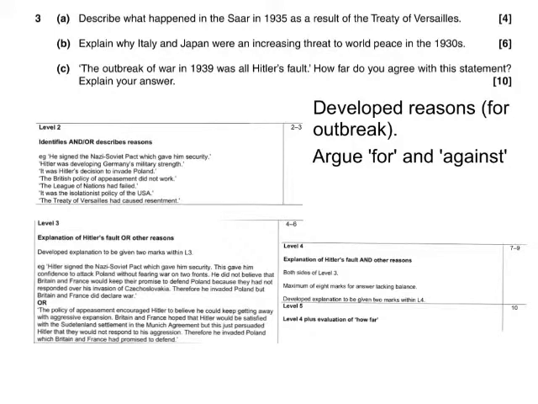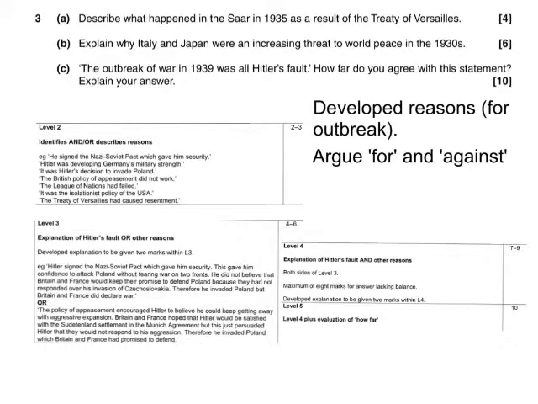Okay, and if you notice here, the mark scheme does say maximum of 8 marks for answers lacking balance. Okay, so if I'm going to be looking at 9 and 10 marks, I'm going to need to have given sufficient amount of time in the exam to both sides of this argument. Okay, I'm not going to argue massively in favour of Hitler and not talk about any other reasons, and I'm not going to be talking massively in favour of other reasons and not talk about Hitler very much. Okay, it's not a token gesture. I really do need to give sufficient time to both sides of the argument.